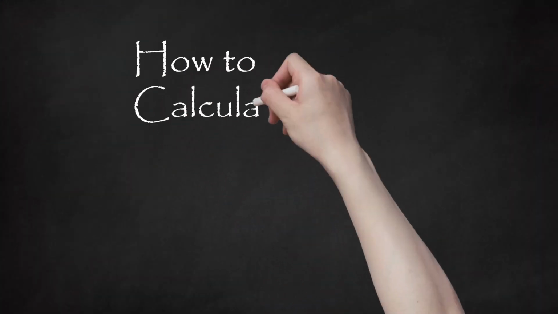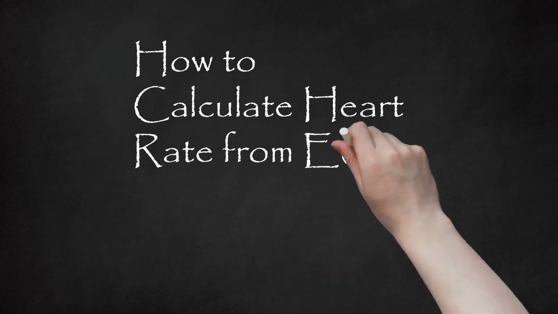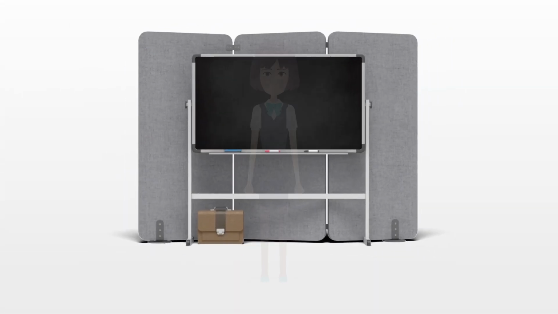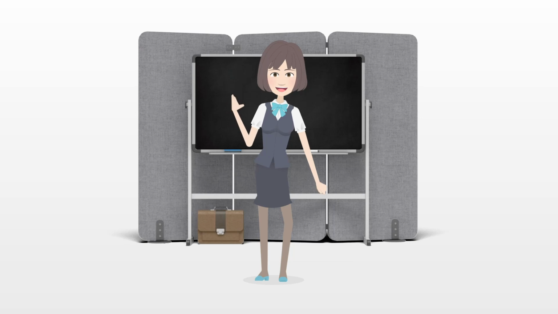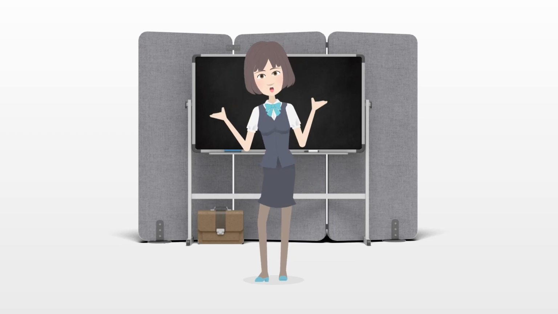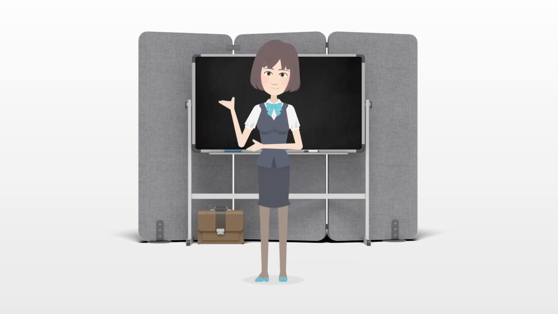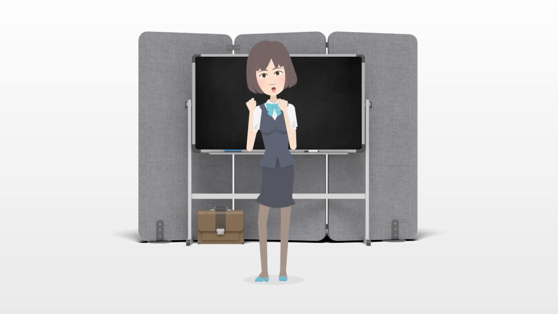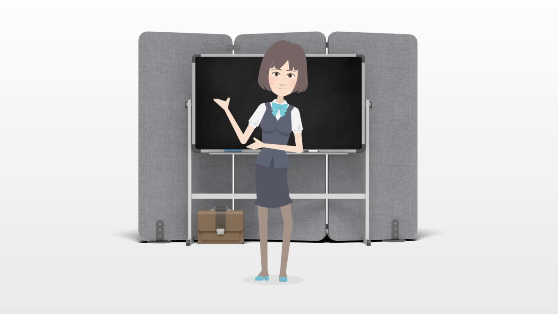How to calculate heart rate from ECG. An electrocardiogram, or ECG, measures the electrical activity of the heart over a period of time. It is detected by electrodes attached to the surface of the skin, and recorded by a device external to the